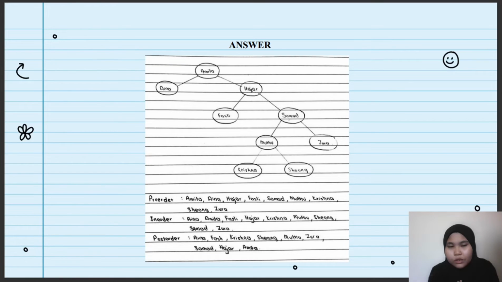For Mutu, it will be below Somat, on the left side. For Xiong, it will be under Mutu, on the right side. For Krishna, it will be under Mutu, on the left side, while Fazli will be under Haja, on the left side because the letter F for Fazli is located before the letter H for